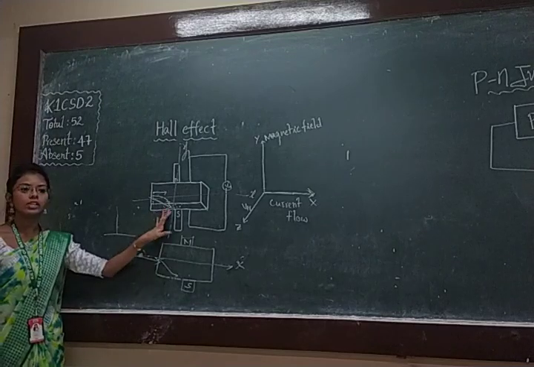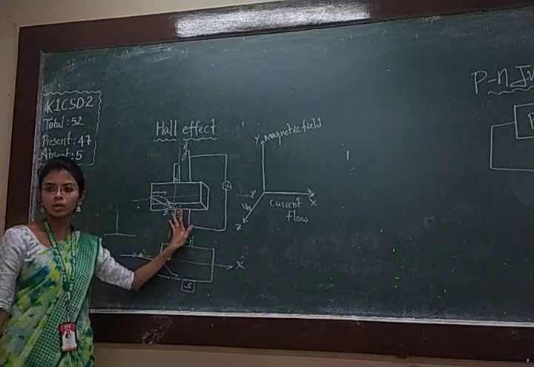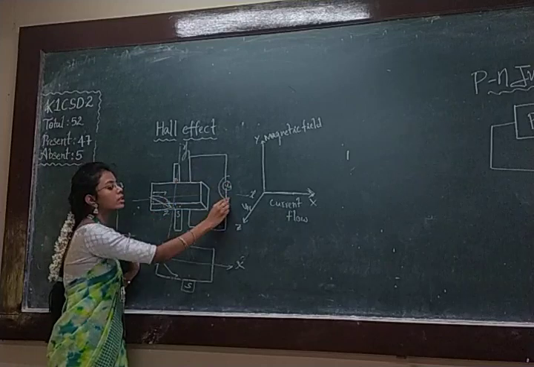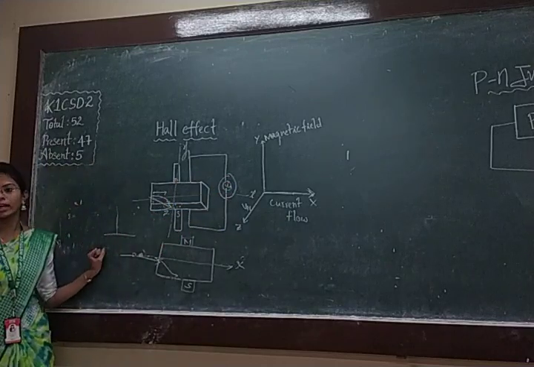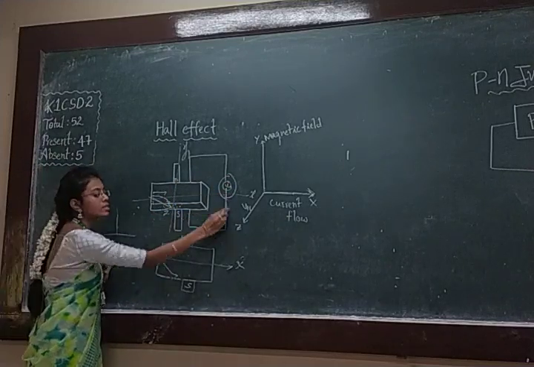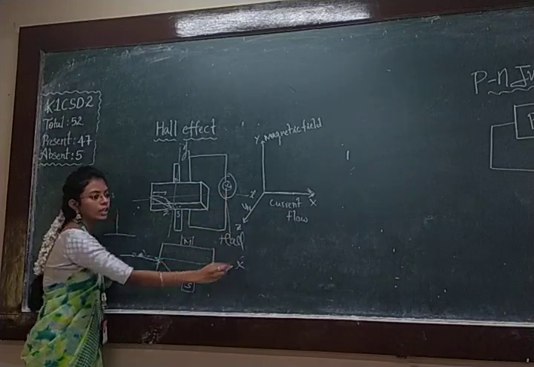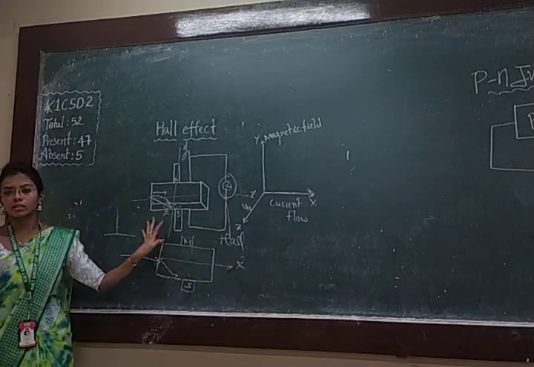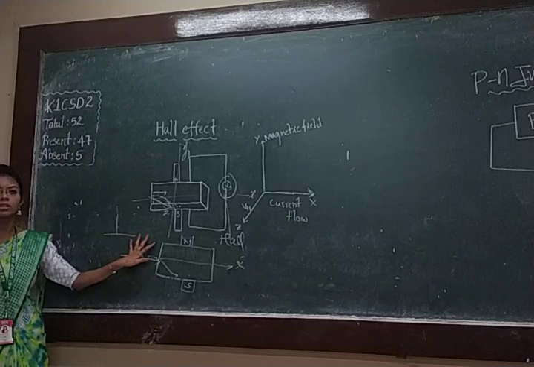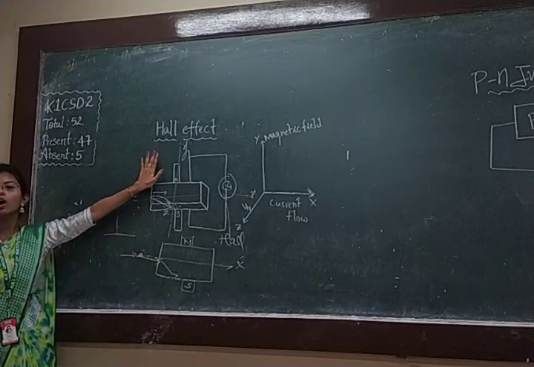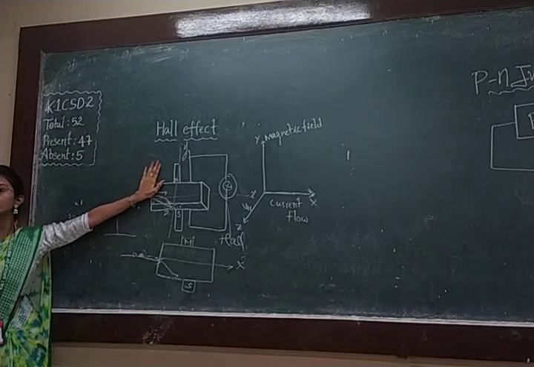This deviation of the electrons or holes is measured by using the Hall voltage. What is this one? Hall voltage. Now this effect, the effect that we are now observing, you will call that the Hall effect. Understood now everyone? Yes?